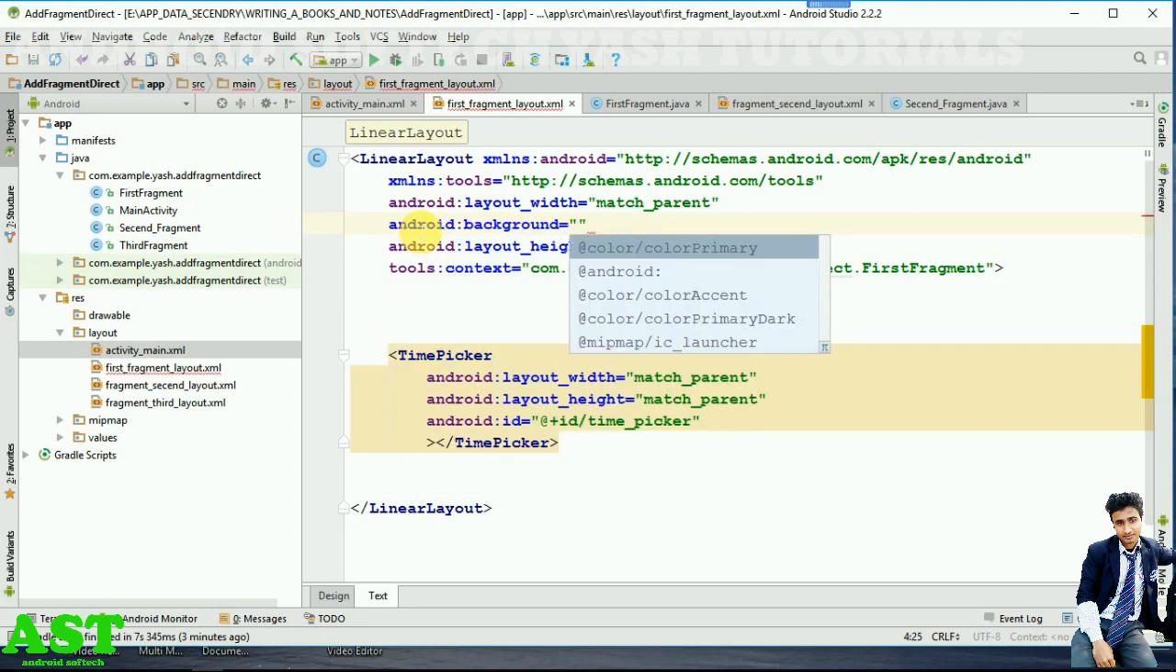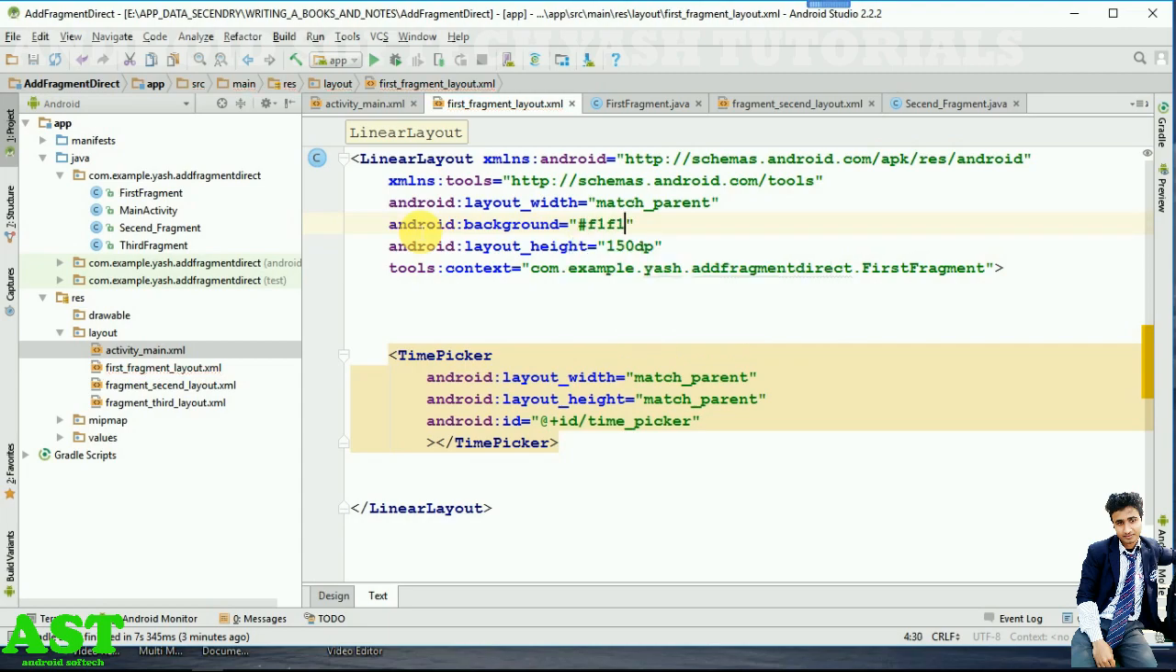And I will give the name F1. Okay guys, now it is green. You are watching that green icon here. Okay guys, and after that